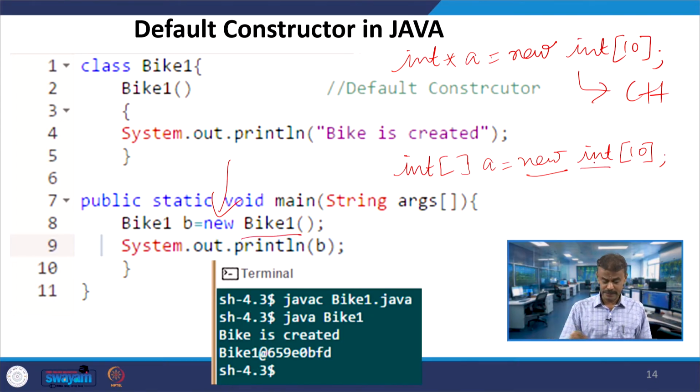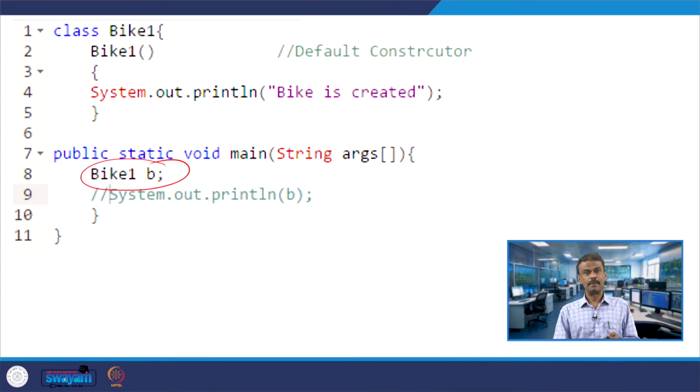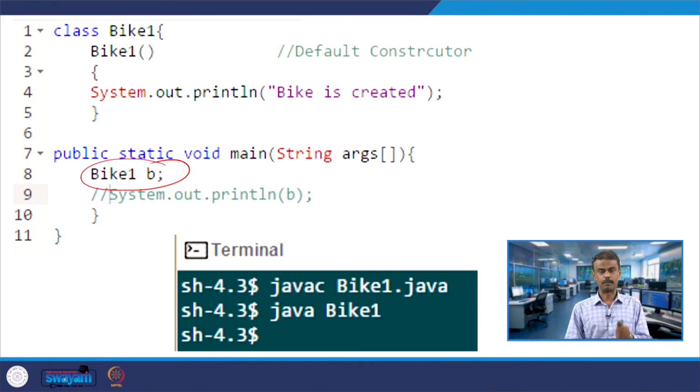Here we are writing int with the size. Here you are writing bike1, it is like a constructor, exactly, you are putting the constructor syntax. But the problem is when you do not dynamically allocate the memory, even the default constructor will not be called. Now we will see the program run, and it is not giving any error. I am able to compile, javac stands for compile, bike1.java is the name of the file, and for executing or running the code we use java bike1 without extension.